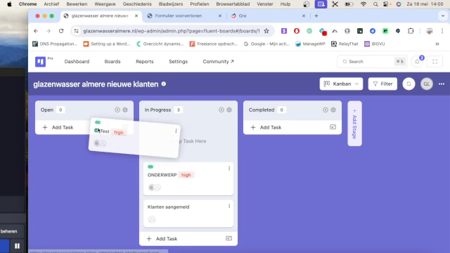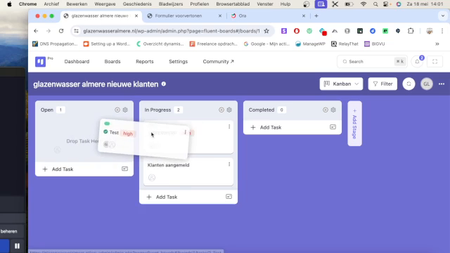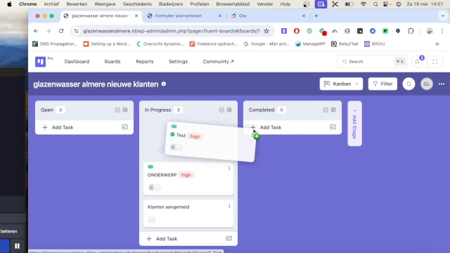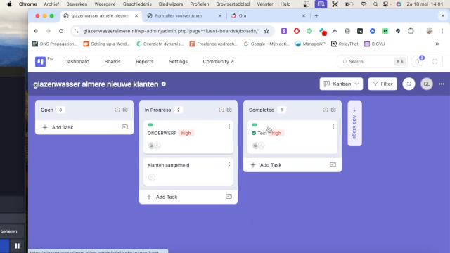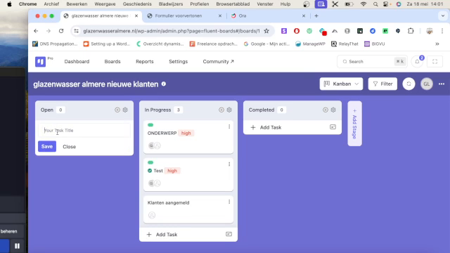So let me just drag and drop it in here. So this is to do. So when they are learning it, then they can drag and drop it to in progress. And when they've completed the course, then they can go to complete. Now, as you can see in here, these are the tasks, and you can make a new one,